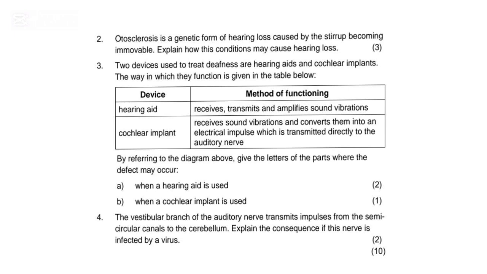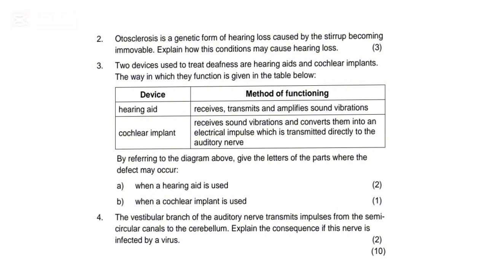Number 3. Two devices used to treat deafness are hearing aids and cochlear implants. The way in which they function is given in the table below. Device, hearing aid. Method of functioning: receives, transmits and amplifies sound vibrations. Device, cochlear implant. Method of functioning: receives sound vibrations and converts them into an electrical impulse which is transmitted directly